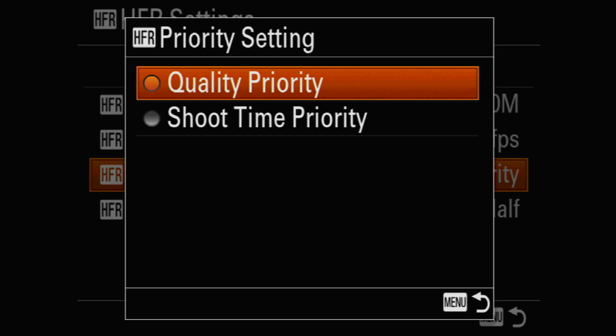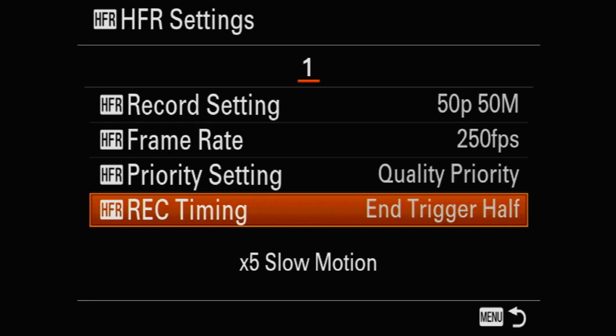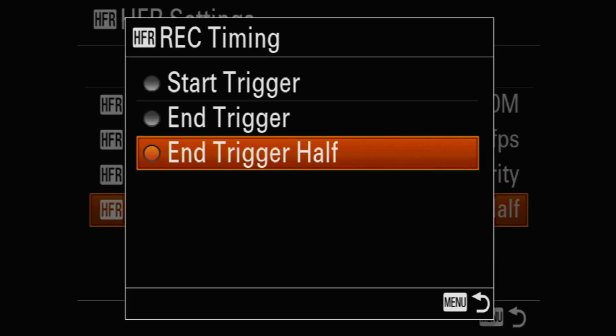This is where the cool thing about this is. So I have it as quality, so it gives you the better image quality, and this is where you have your different settings. So I generally shoot end trigger half, because what that actually does is it gives me about 2.5 to 3 seconds, maybe slightly more,